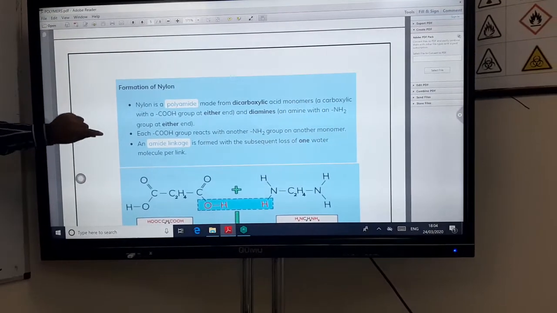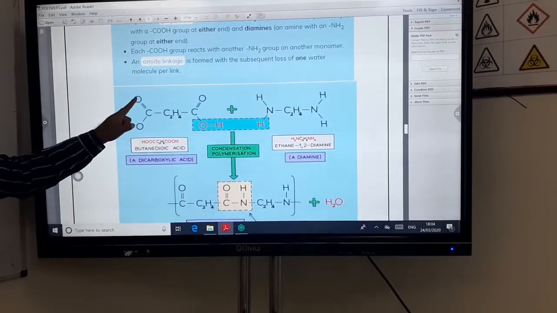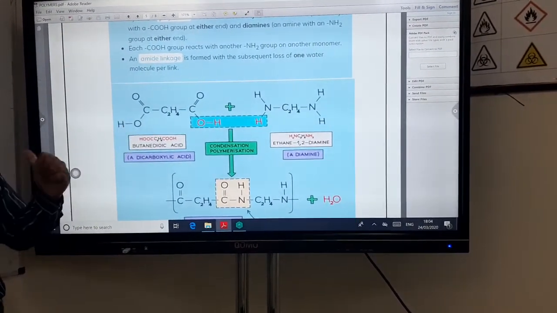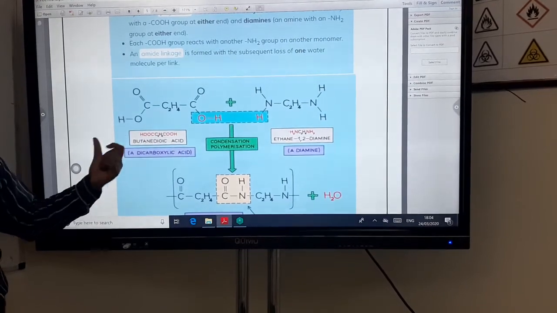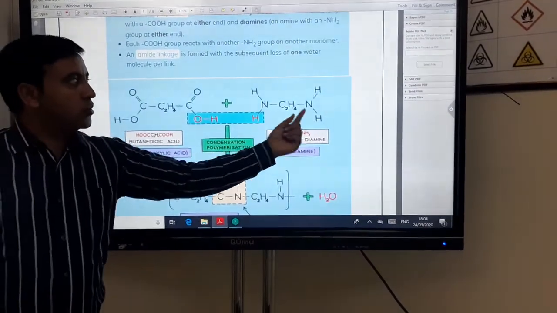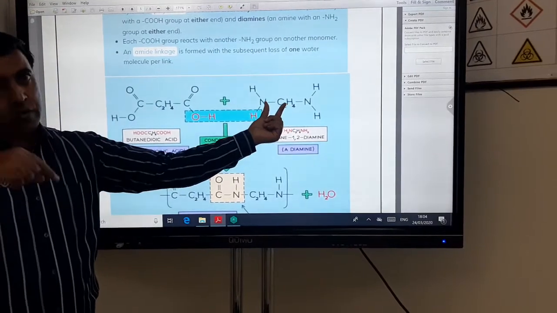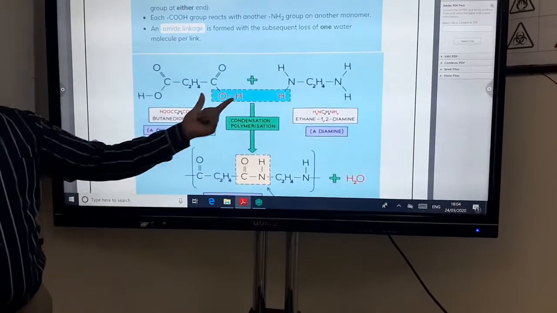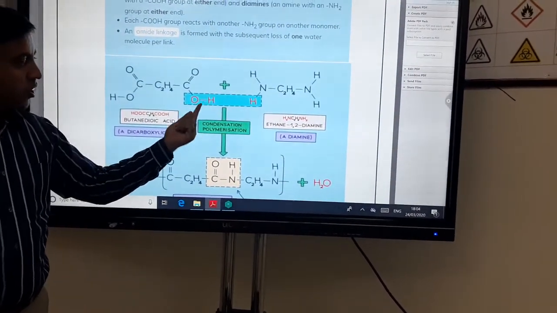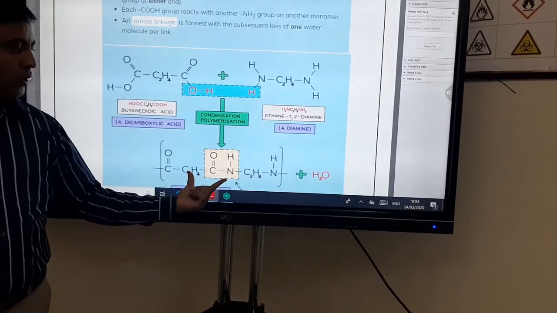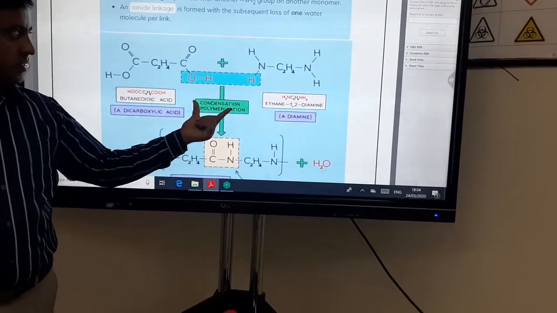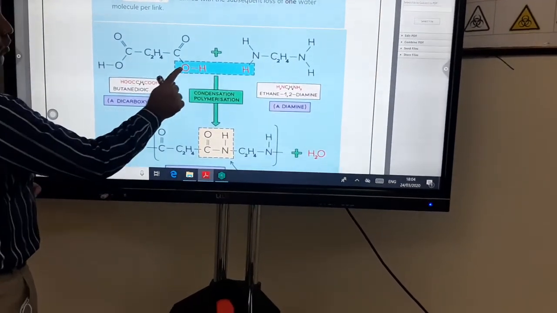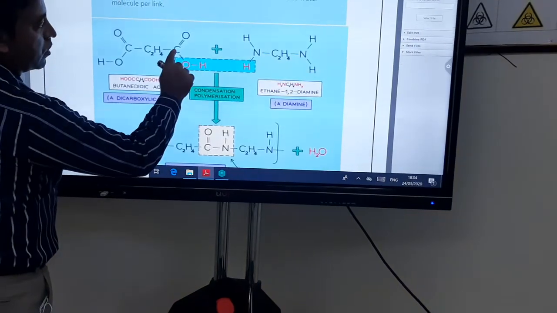In formation of nylon you can see the first one COOH, and here also COOH, carboxylic, that's what we call dicarboxylic here given, and second one NH2 and NH2. In between you can write carbon atom or you can make a box. So this one diamine, dicarboxylic. When these 2 are combined together by the removal of small water molecules, we call polymer, and this polymer is called condensation polymerization. What you will do here, just remove H from amines, OH from carboxylic, and then make a bond between carbon and